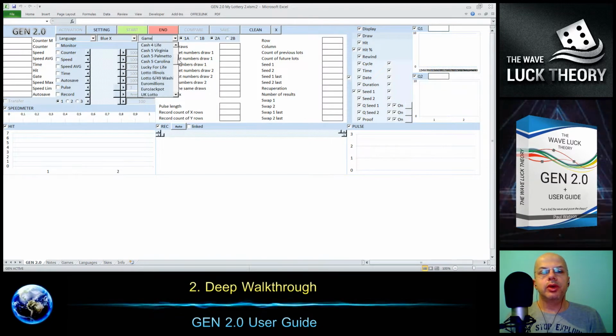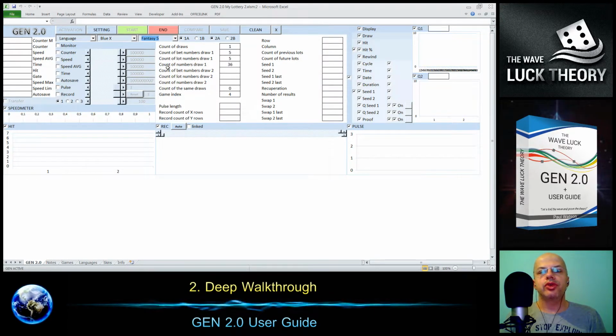So today, in fact we have here actually 3 types of lotteries. The first one is usually with only one draw, like Fantasy 5. So we have here one draw, and we check on the ticket 5 numbers, and 5 numbers are drawn from the 36 balls in the drawing machine. The second draw is here, and it's empty as we have only one draw. Then the count of the same draw in this case is 0. There is only one draw.